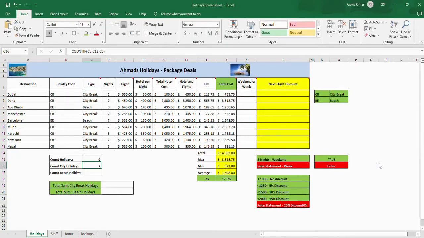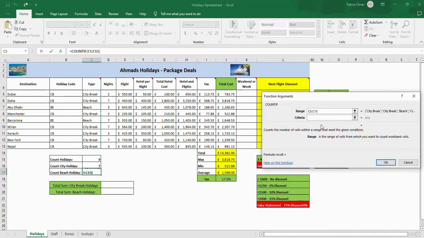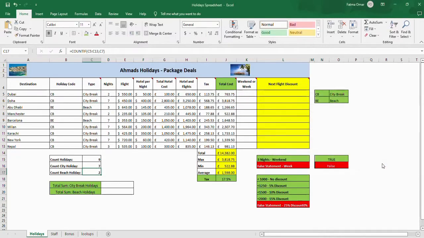They are set. We're going to do the same for the beach holiday. So from here, insert function, count F, the range will be the whole type, the criteria will be beach, and click OK. We're done. I'm going to change the alignment of the title here to the left, and for total